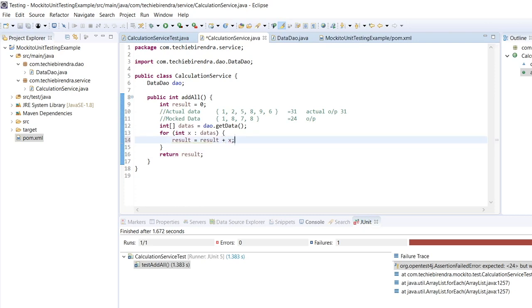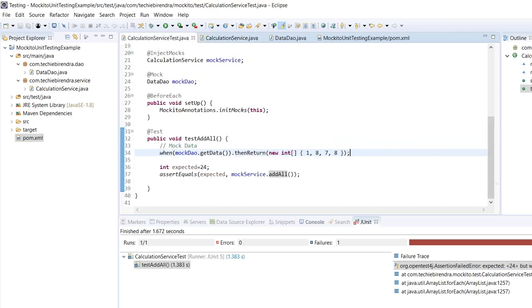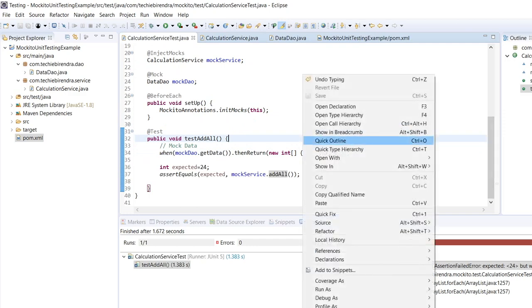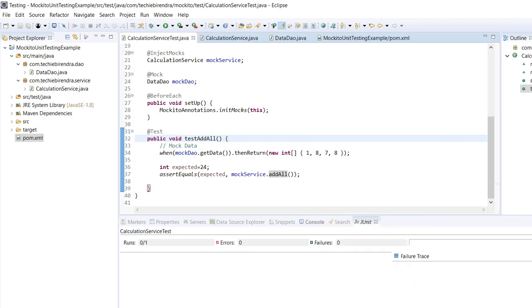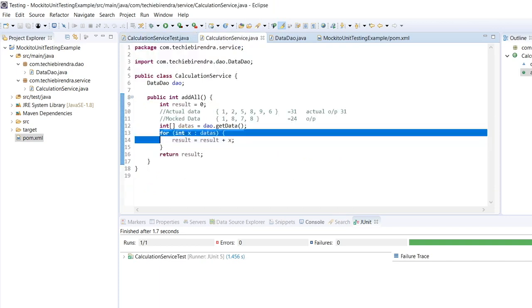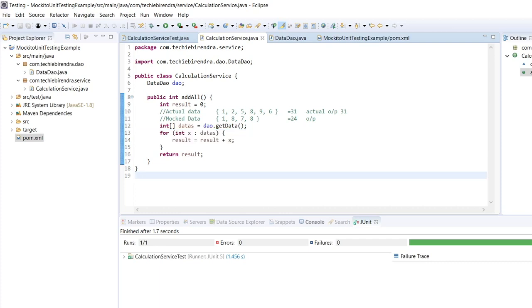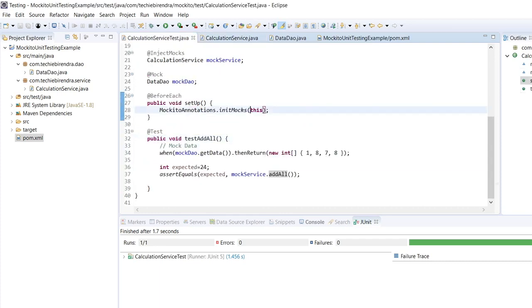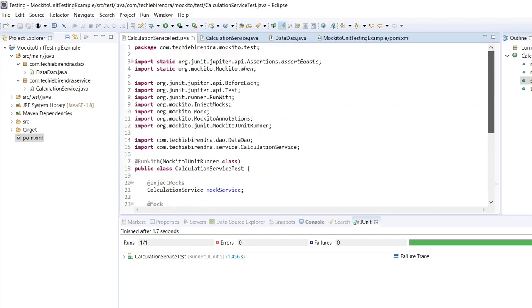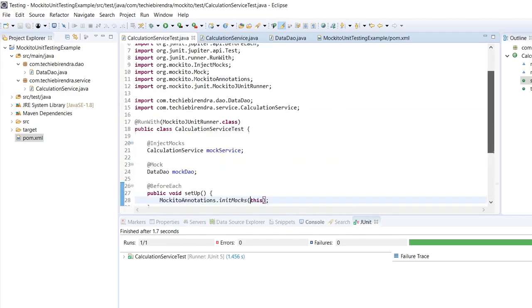So this is what the test case does. Now we can recognize the logic that we wrote wrongly in the service class here. So this is it. Okay, hope you understood, and I will upload some other video soon to test API calls